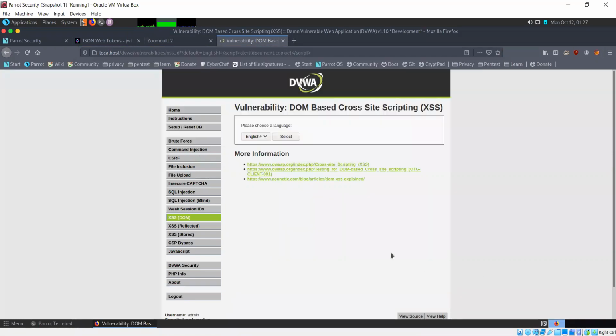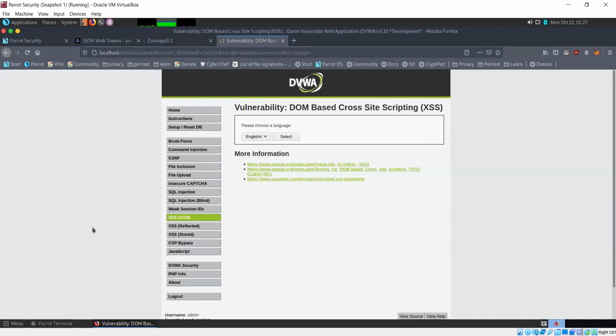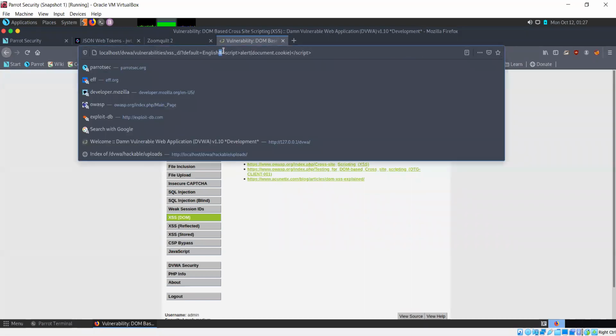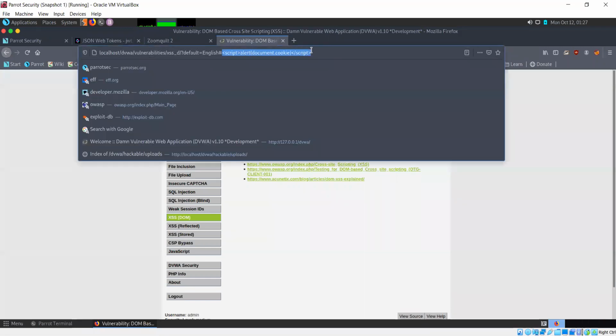So in this case, whenever you use anything in the URL which comes after this octathorpe, that is not processed by the server. It is not sent to the server. The server is not going to see this. It's not going to do anything with this. Anything that comes after the octathorpe, it's going to ignore that.